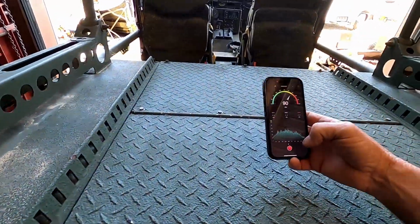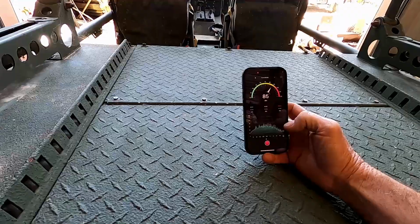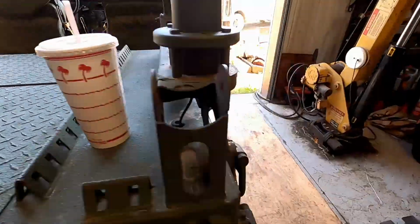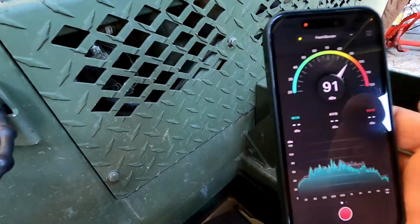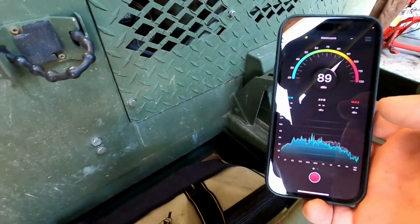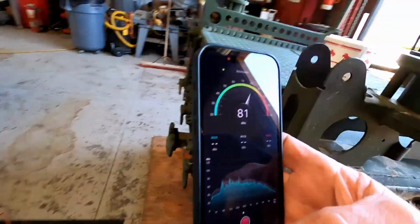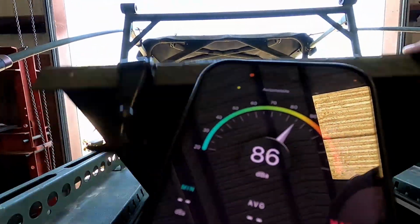So I've got the decibel meter going. Right back here on top, it's reading anywhere from 85 to 90. Getting back over here from the front where the air holes are, looking at 91, 92. And if we open the hatch up,